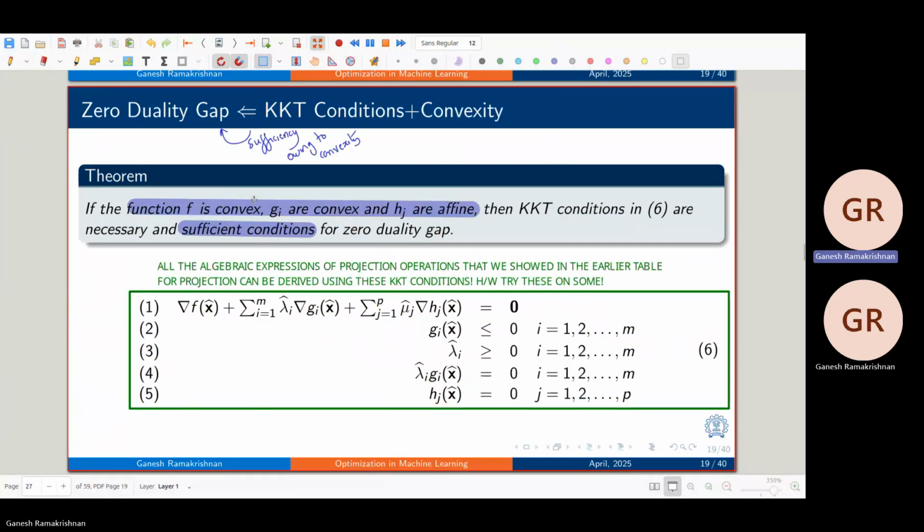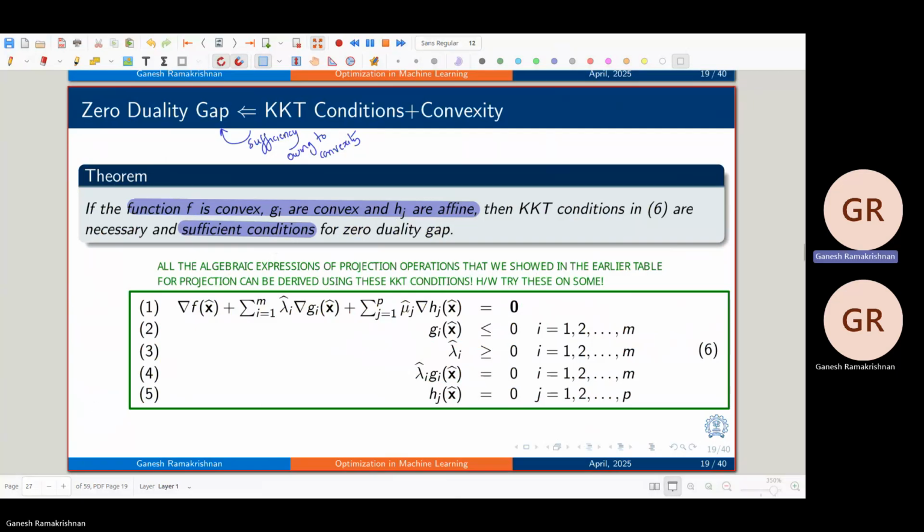So what are we saying? The sufficiency is only owing to convexity. And all the algebraic expressions of projection that we showed in the earlier table for projection can be derived using these KKT conditions. By the way, that table that I showed you earlier,